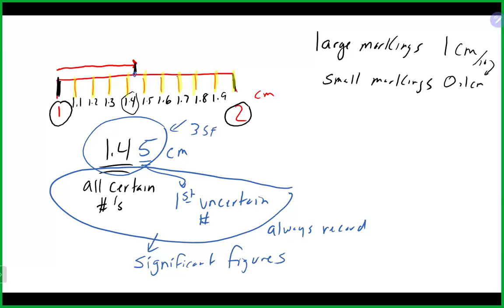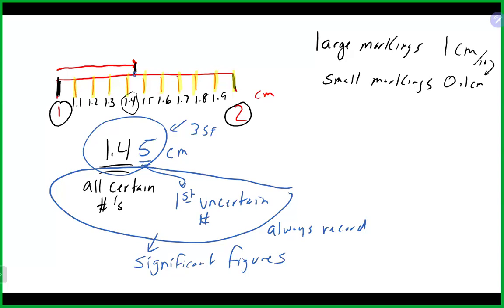So it's really important when you take a measurement that you take it to the proper number of digits, and it does change based on the equipment that you're using, the markings that you're using. Sometimes you may even be using the same piece of equipment as somebody next to you, but maybe it was made by 2 different people and there are different markings on it. So it can be different. You always should look at the proper reading. Now, this is how we would record this as 1.45